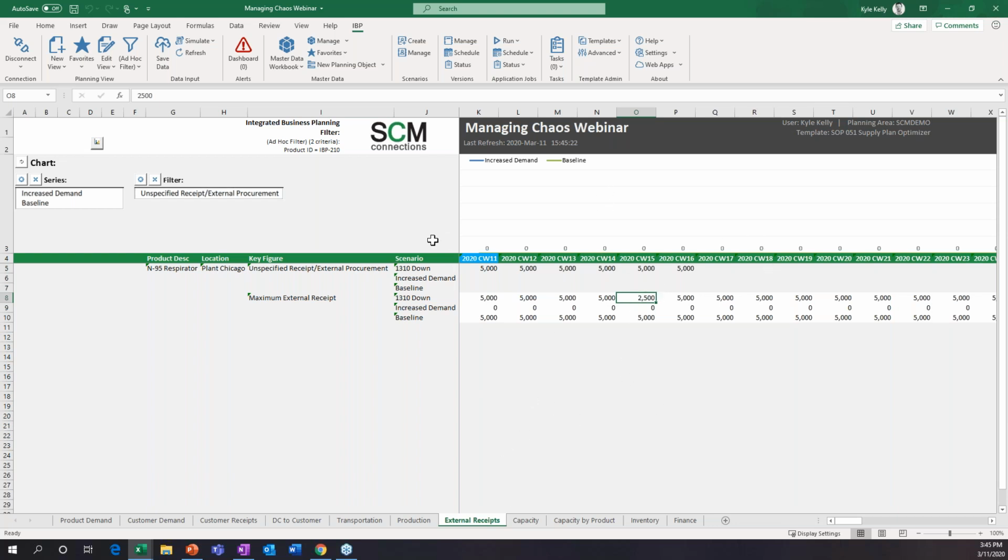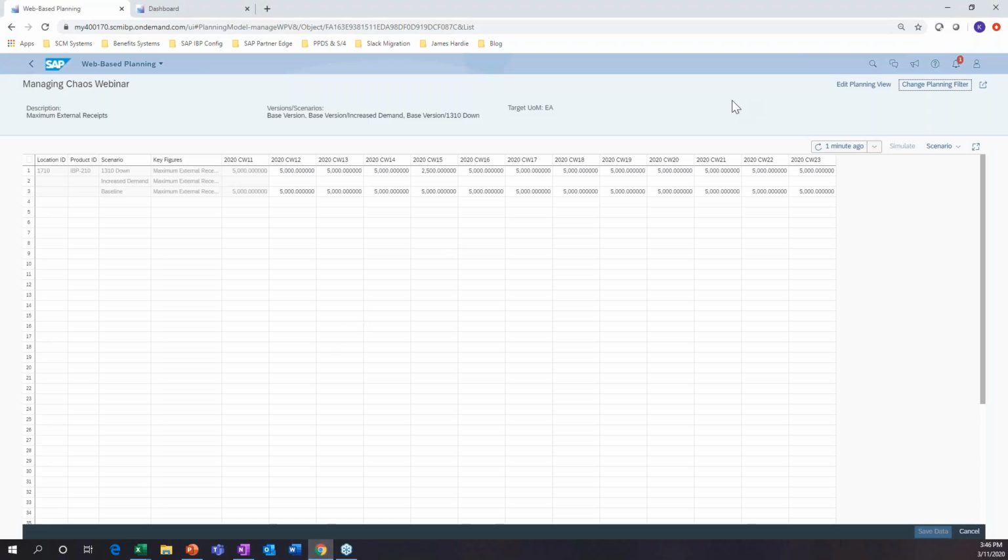Now, if you recall, we're looking at... Real quick, Kyle, we had a question on the security thing. Can the web-based planning be used for identity and access management? And the answer there is yes. When you create those data views, you can create whichever data view you specifically want and then assign that to a role. So it can be very specific in terms of what you can and cannot see.